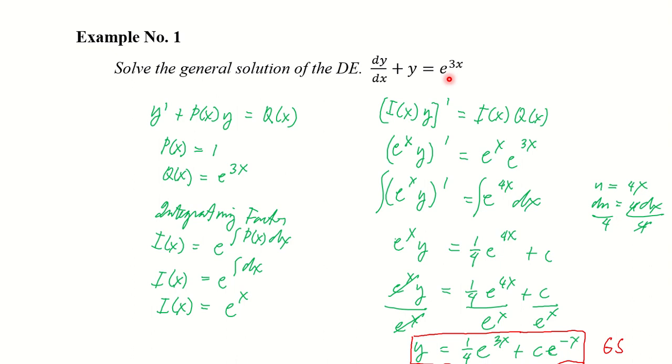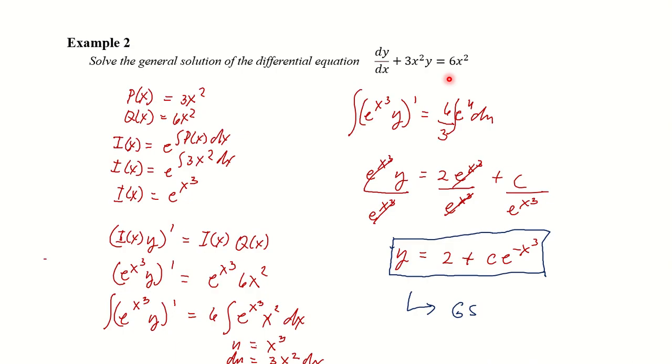Okay? Now, in order for you to understand our lesson better, we need to solve the general solution of the second example. This is again a first order linear differential equation. So again, you're asked to solve the general solution of the first order linear differential equation, which is dy over dx plus 3x squared y is equal to 6x squared. And you notice here that there is an expression written beside your y that will be your p of x. So your p of x here is 3x squared, and then your q of x is of course the expression which is written on the right side of the equation, that is 6x squared.